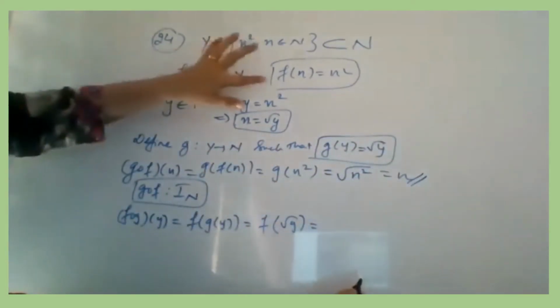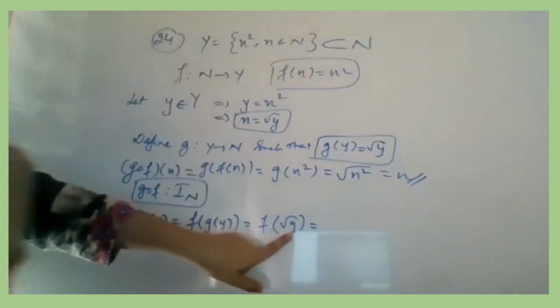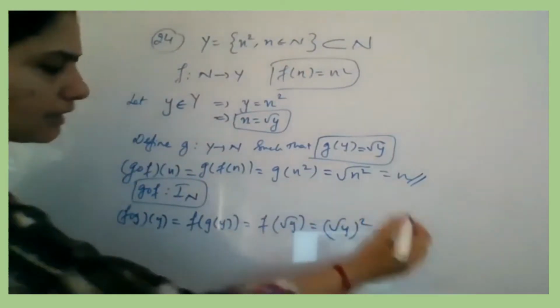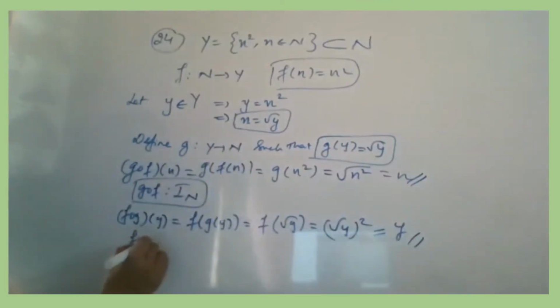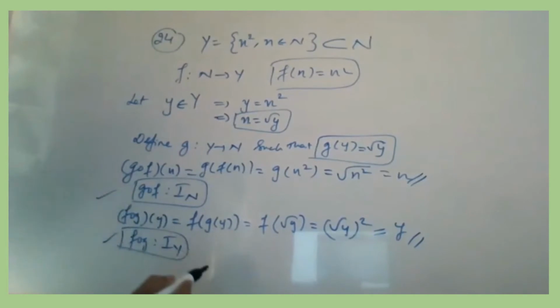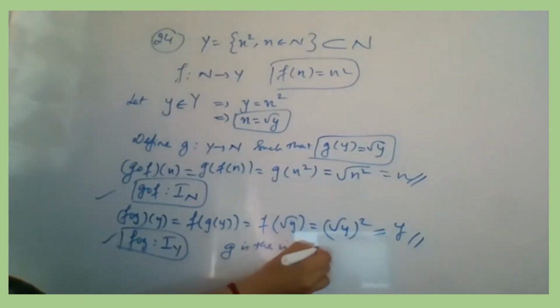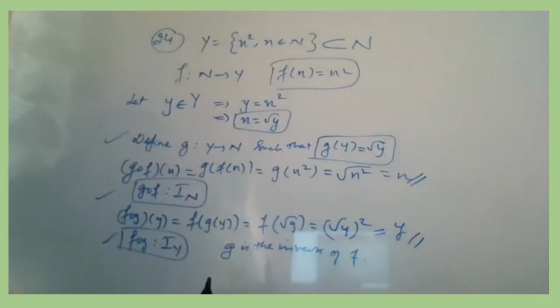अब f of कैसे डिफाइन करते हैं? f of something is that something square. So here you will get f of this होगा means this the whole square. वो this कौन है? root y. Y the whole square is y. So again you have reached f composition g of y as y. So you can say that this f composition g is also acting as identity, but it is defined on y. So since you got both the things to be satisfied, you can say that g is acting as the inverse of f, which is defined by what you have defined. Okay. Therefore, f is invertible and g is the inverse of f. Clear?